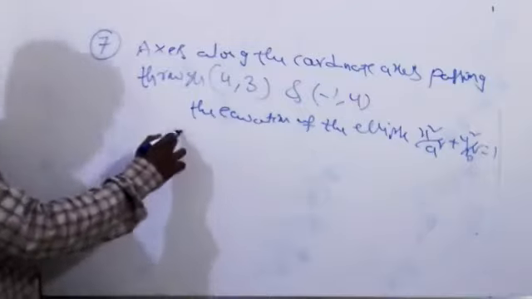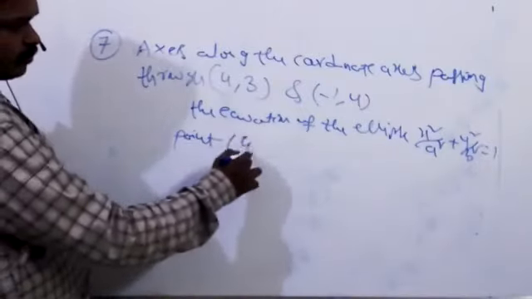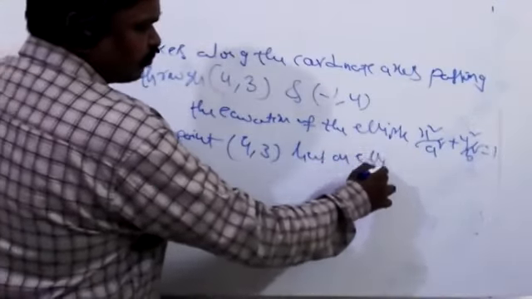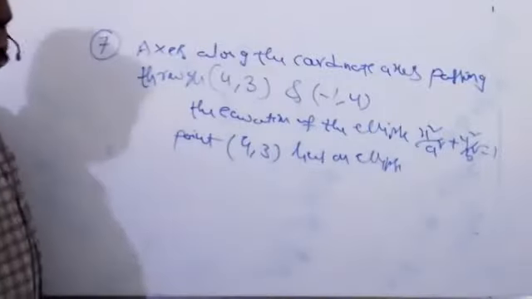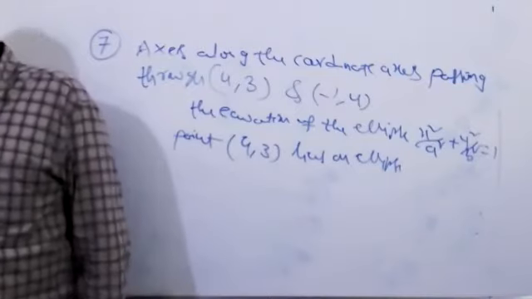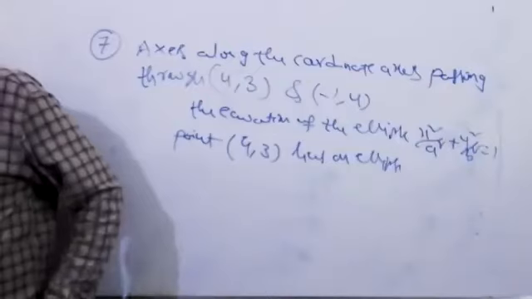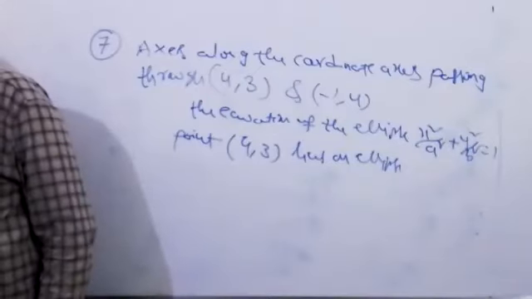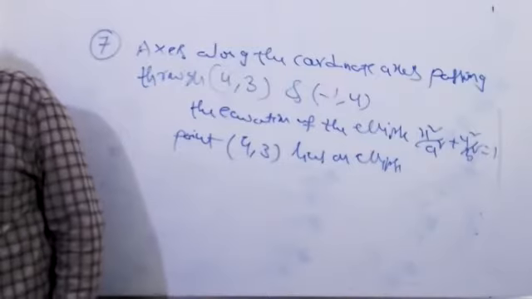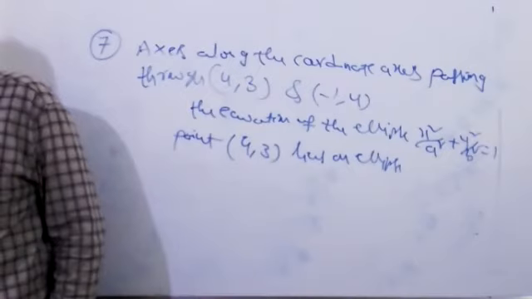Then it passes through the point. The condition is that a square is greater than b square, and that a square should lie below x square. Then it's x major. If x square, a square is greater than b square, if it's y major, a will lie below y. Using that, we can form a condition.